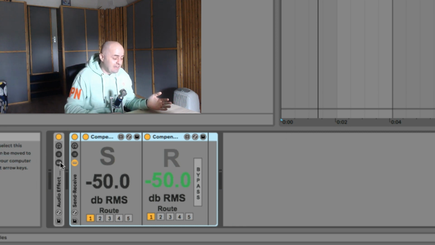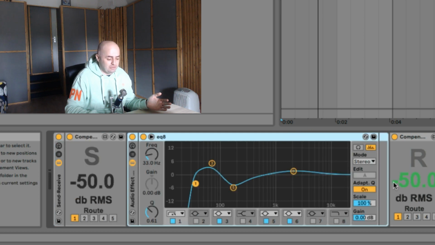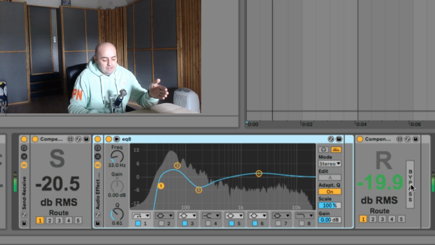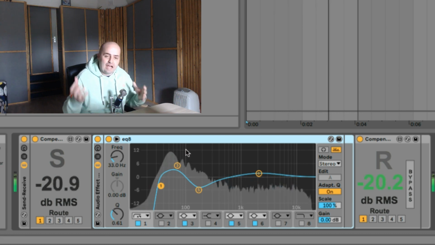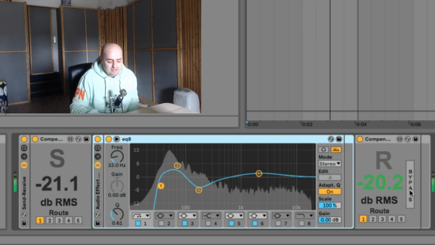Absolutely amazing. And I think for subtle differences, for instance, I put this EQ here because the actual loop was a bit shit. For subtle differences, it's really nice. For instance, with an EQ, normally you would add a little bit of gain when you start messing with it. If I just bypass this,